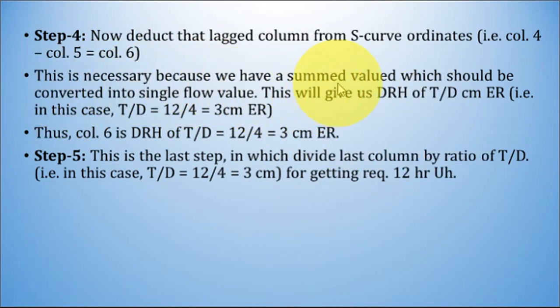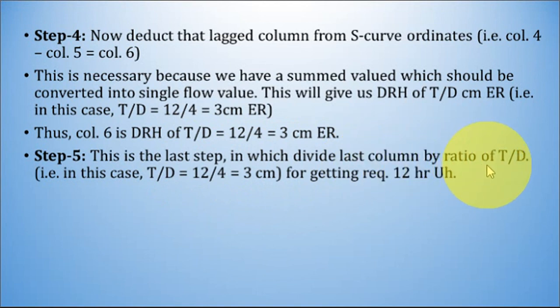This is necessary because we have a summed value which should be converted into a single flow value. This will give us the DRH, that is the direct runoff hydrograph of T by D centimeter excess rainfall. In this case T by D is equal to 12 by 4, equal to 3 centimeter rainfall excess. Thus column number 6 is the DRH, that is the direct runoff hydrograph of T by D, that is 3 centimeter rainfall excess. This is the last step in which